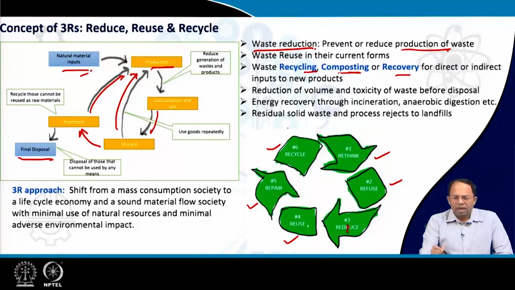So our primary goal is to reduce the final volume of waste that is going for disposal, and we need to reduce both the volume as well as the toxicity of waste. So this is a basic concept. That means not only are we trying to reduce the total volume that is going to a landfill site, but we are also improving the quality of the final waste that is going to the landfill by reducing its toxicity, right? So that means we have to take out the toxic materials so that they don't contaminate either the groundwater or the soil surrounding that particular landfill site.